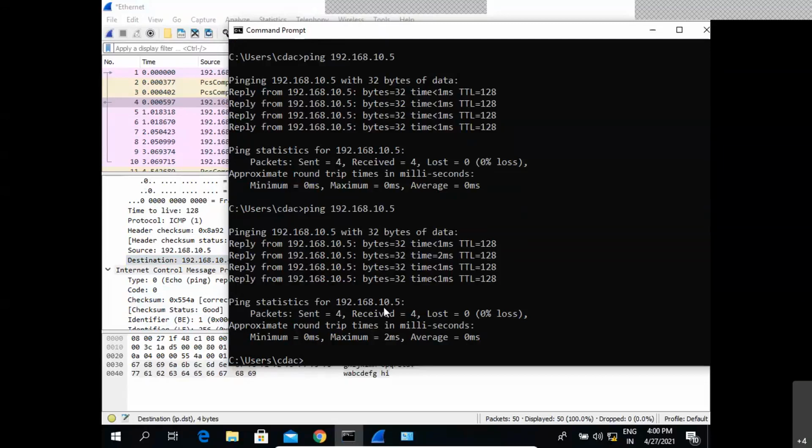If the TTL is reduced by 1, now let's say instead of 128, I am seeing the TTL as 127 or 126. So again, I can assume that, okay, this is a Microsoft or Windows operating system. But again, I'm getting a value of 127 or 126, so there may be different routers. My destination machine is not directly connected to me or within the same network. It is located on a different network, because the TTL I'm getting is 127 or 126. So it is passing through different routers.